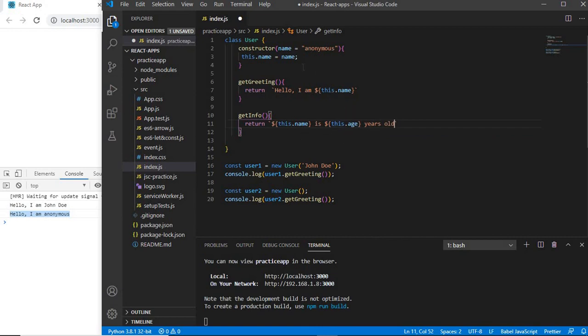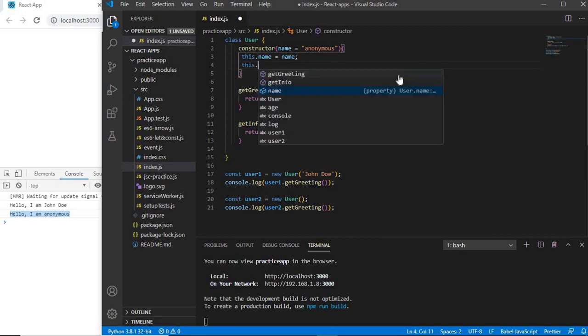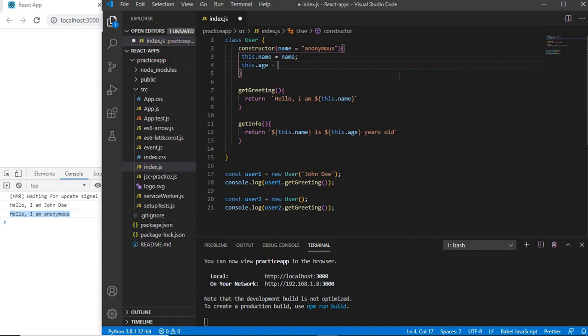So if we want to get this dot age, we will have to get it from the instance, so we'll use this to refer to the instance. So this dot age is equal to age, and we should give it some default value, or we don't have to, but we'll go ahead and do that. The default age shall be 0,